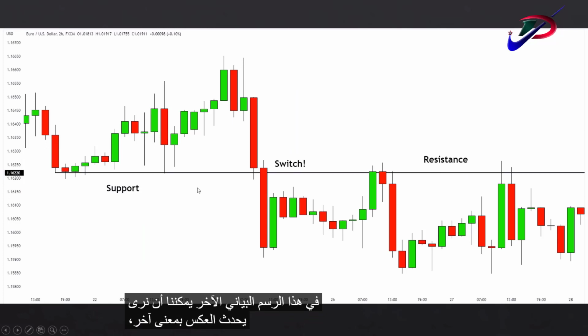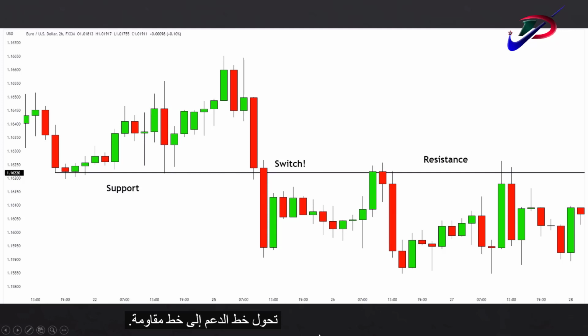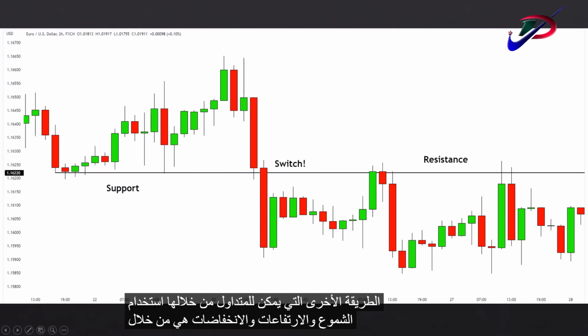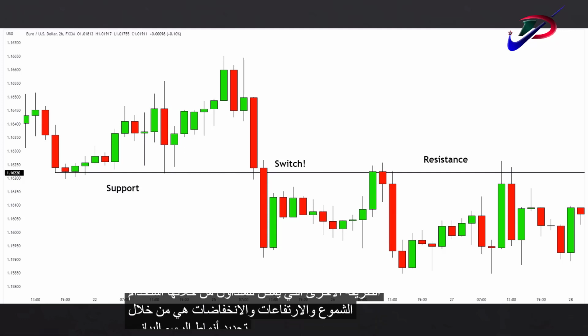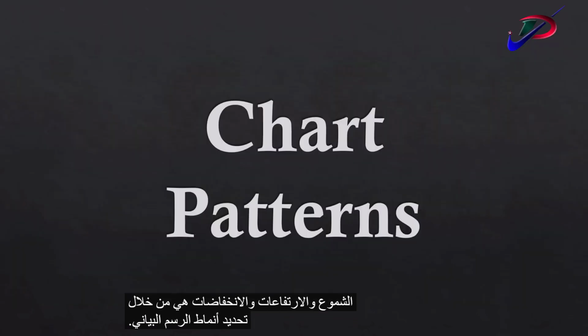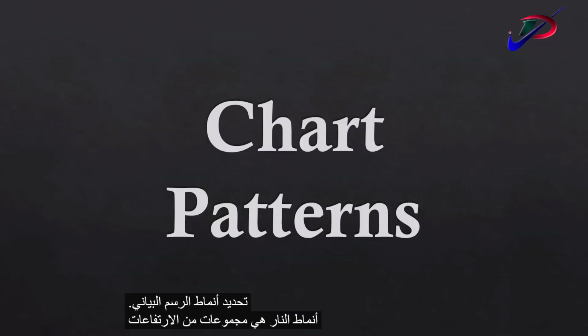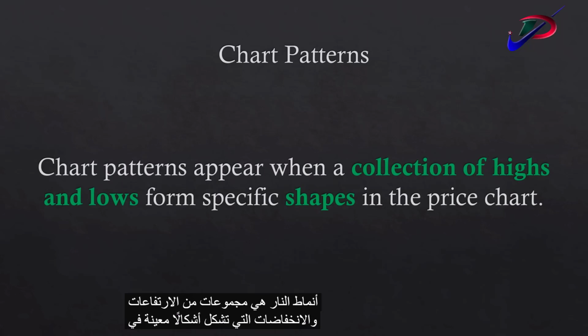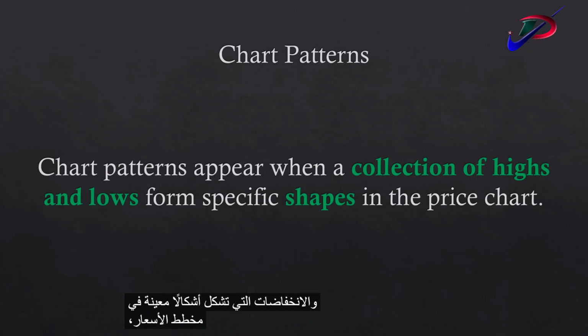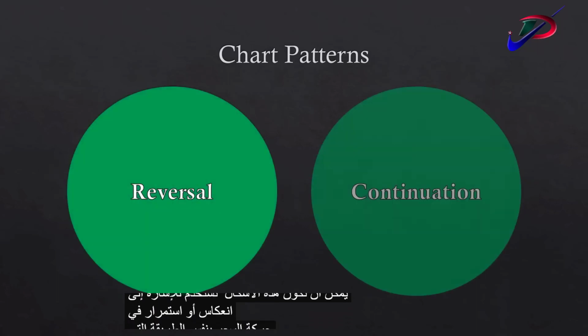In other words, a support line turning into a resistance line. Another way that a trader can use candlesticks and highs and lows is by identifying chart patterns. Chart patterns are collections of highs and lows that form particular shapes in the price chart. These shapes can be used to indicate a reversal or a continuation in the price movement in the same way